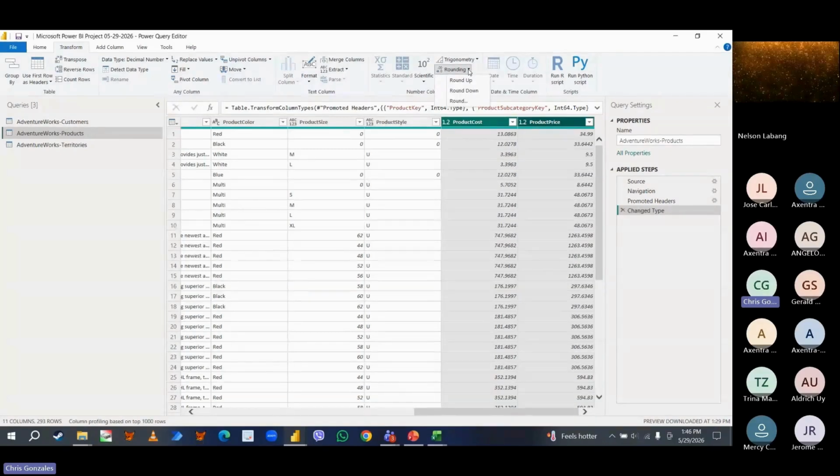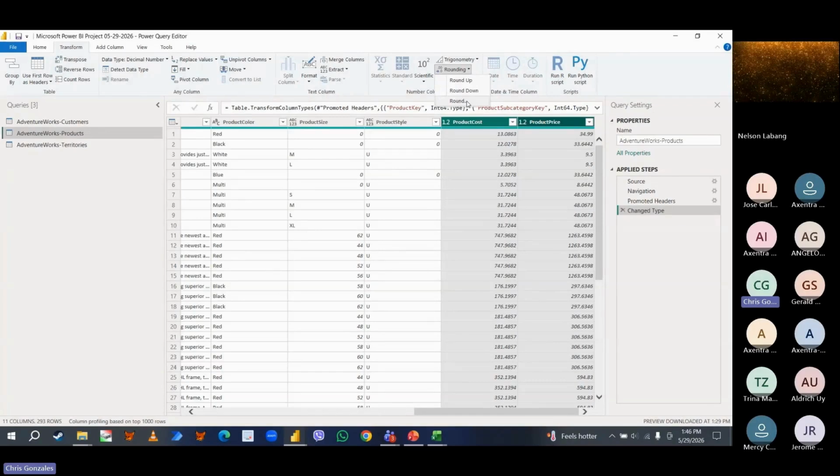You can always round down or round up. If you want to create a custom rounding procedure, you can click the round button. So in this procedure, I would like to reduce to 2 decimal places the product cost and the product price. Guys, please take note that when you are in the backend interface, even if you set this up to 2 decimal places, there are some figures that will not show 2 digits or 2 decimal places.